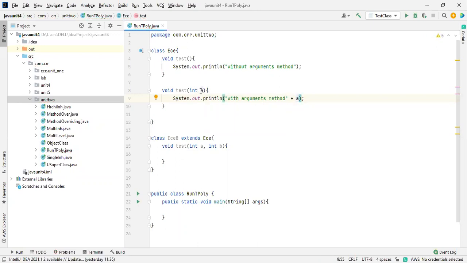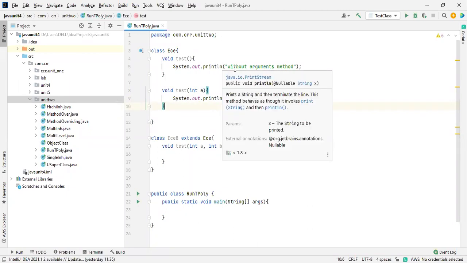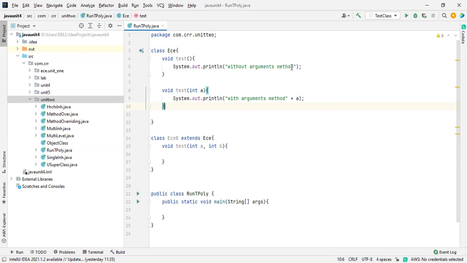Everything inside the println statement will be concatenated by using a plus operator. Remember the words I'm saying. This is a without-arguments method, and this is a with-arguments method, only one argument, int a. So these two are overloaded.